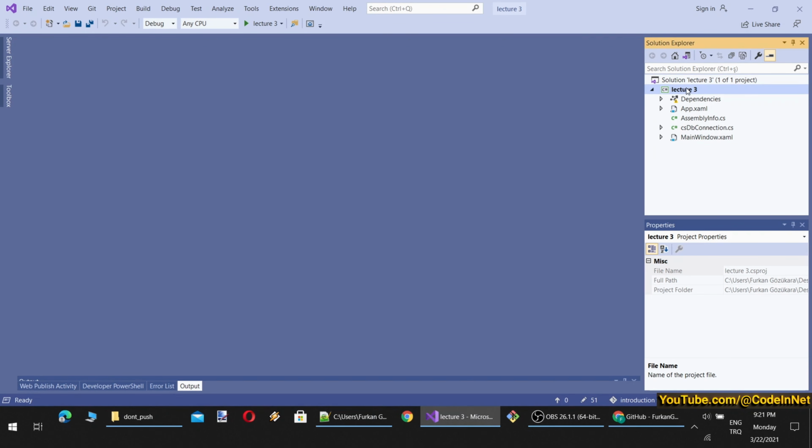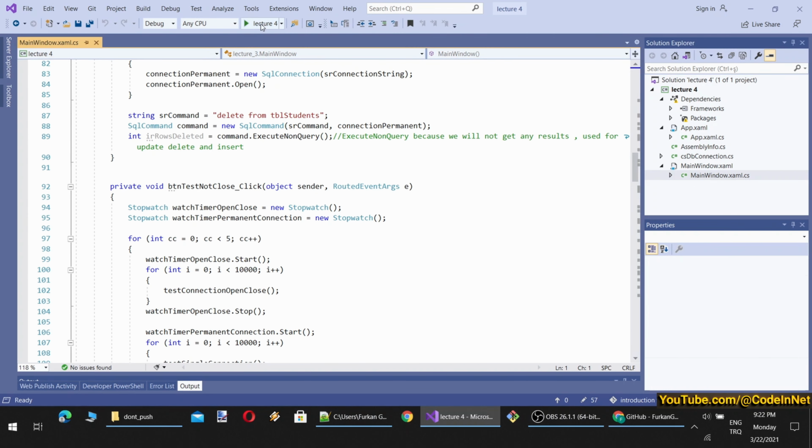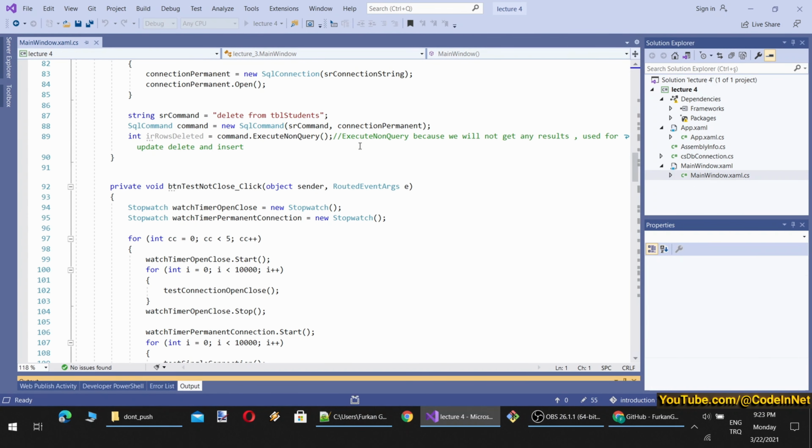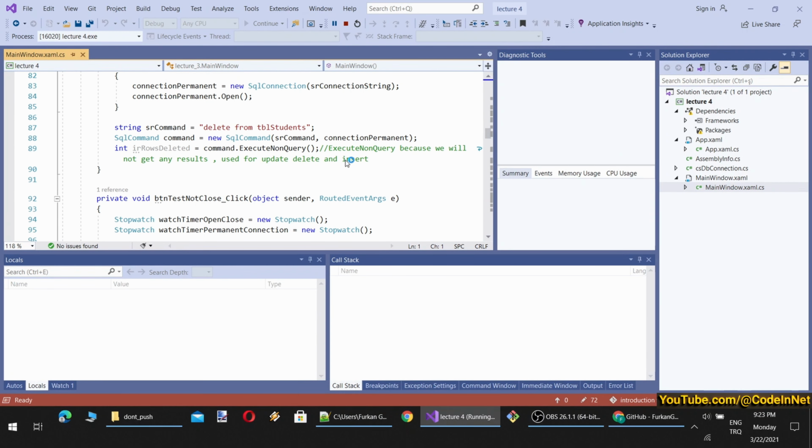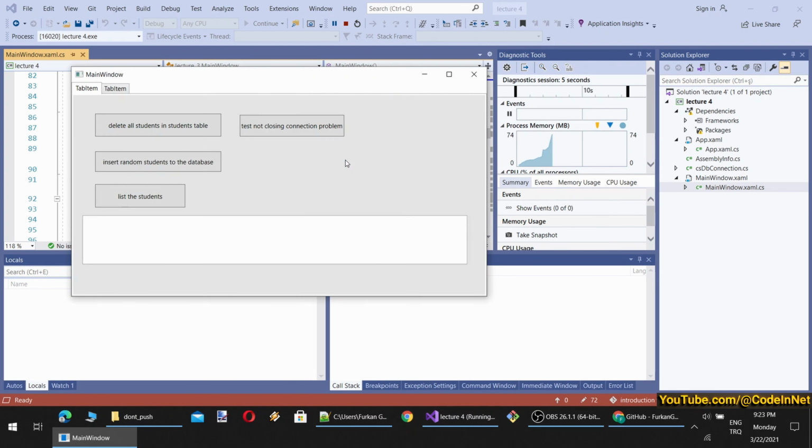Okay, so let's start with renaming our lecture. Rename these two. This is not a complete rename, but it will at least change some of the names. Let's run our application. Remember what we saw last week: when we were adding records to our database as a batch, it was freezing our UI. For example, when I click, you see the UI is frozen. Therefore, I am not able to see or do anything until the operation is completed.